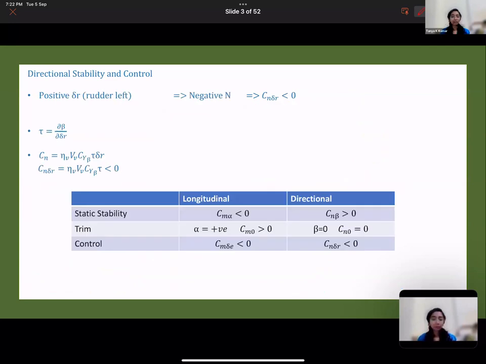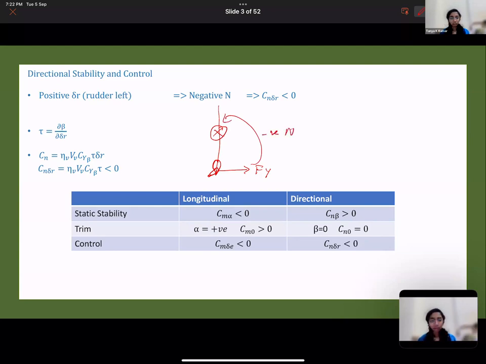Now here we look into the control aspect. Positive rudder deflection, we know, was deflecting it to the left. Deflect the rudder to the left, it produces a positive Fy, which produces a negative Cn. Do you remember that? Let me just draw that again. This is your fuselage reference line. This was your tail. And if I deflect my rudder to the left, it produces force. This Fy is positive. This CG, and it produces a